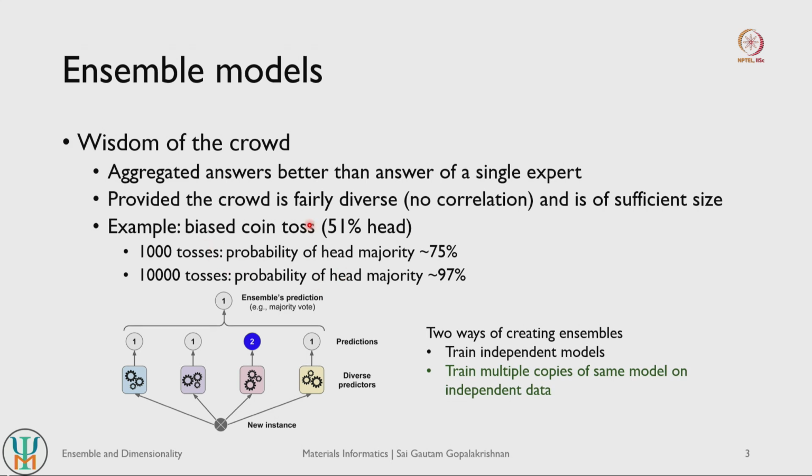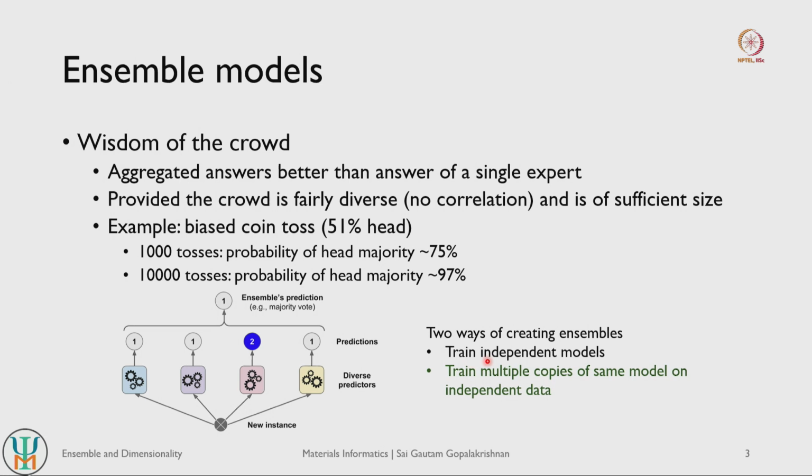So individual models do not have very good credentials, so they may not be a very great classifier, but if you agglomerate a large number of these individual models, then the final classification task, which is whether you want a head majority or a tail majority, becomes that much easier to estimate. So this in short is how wisdom of the crowd works, or how ensemble models work. And there are two ways of creating ensemble models.